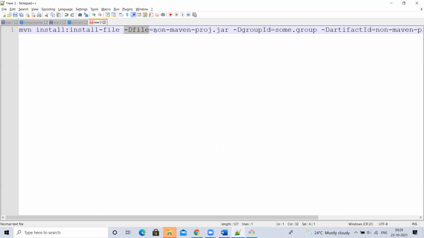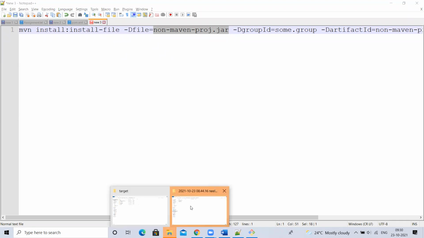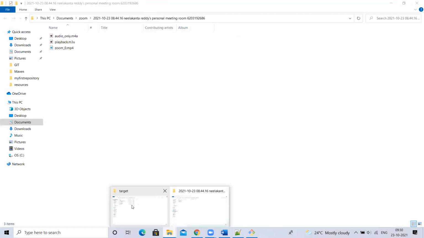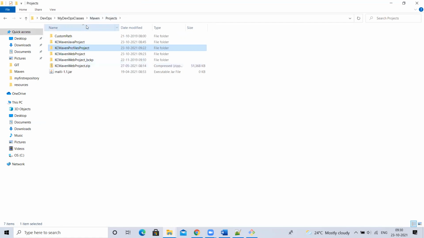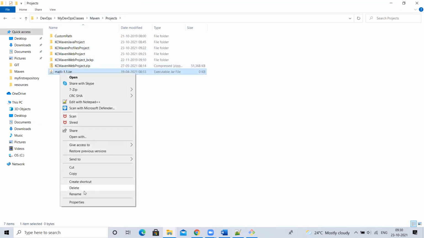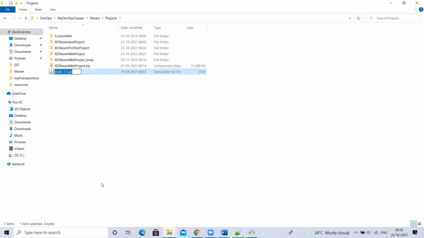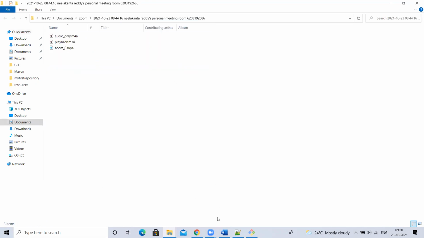When your friend gives it, you will copy it in your local system, somewhere you keep it, right? Where is that location and file name? I'm going to run this from the same location wherever I have it. For example, let's see this. This is a custom jar. This malli.jar something is there, right? This is a custom jar my friend has given me. So I'll take this. I'll put it here.